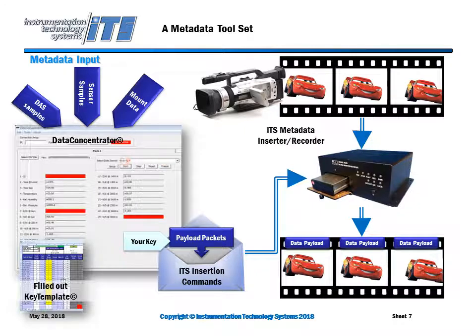Once it has a complete packet of information, you can tell it how frequently to send it to one of our devices. It will take that packet, package it up with some ITS commands, and send it off to our recorder. The recorder then will take that payload and encapsulate it in the KLV metadata pack along with the key number that you've assigned to this particular key structure. And as the video comes in, actually put it up on line 9 right after the MISB timestamp that it writes on every frame. So you can be sending data to us with the Data Concentrator, for example, up to